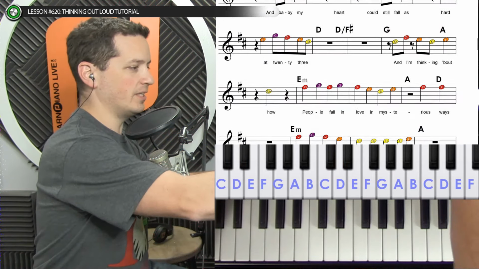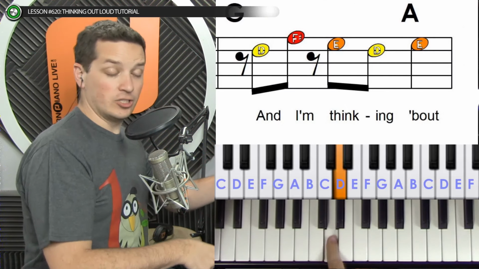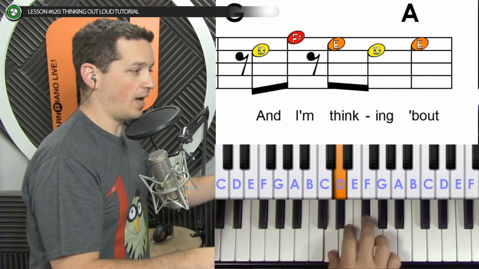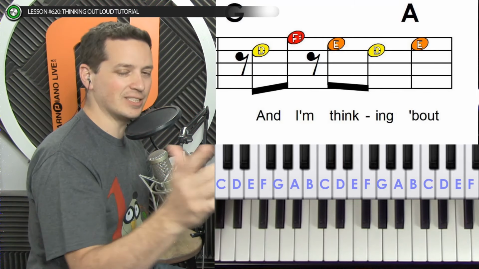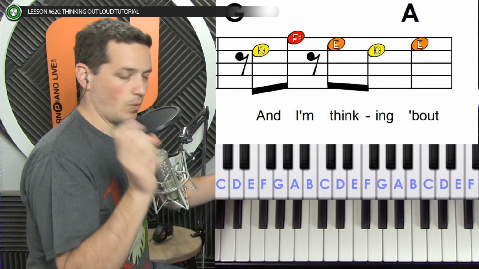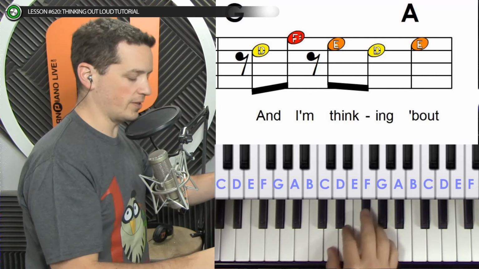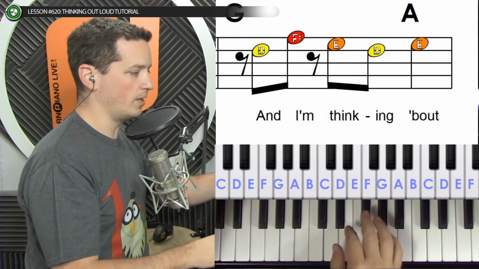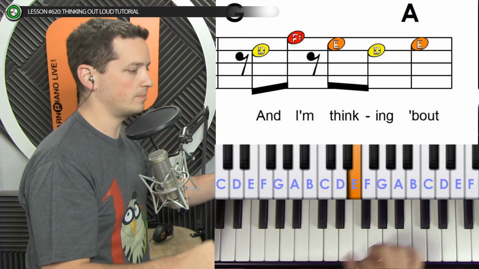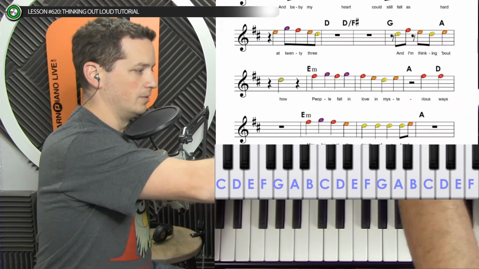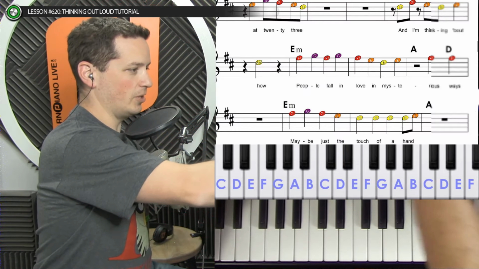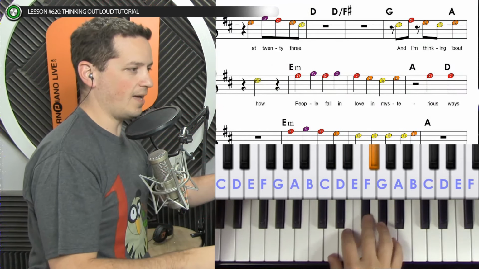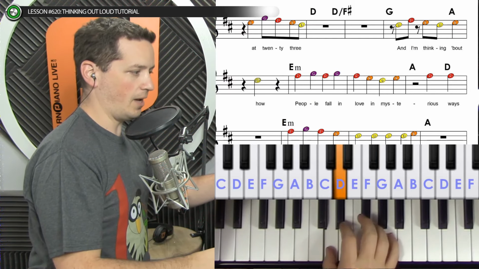And then we would go into this thing right here, which is starting on that same D. That one really isn't going to show up a whole lot more times. It's just that one little intermediate phrase right there to connect that part with the next part. How is a D, so that "how" is on that next line down there. So that whole phrase, and I'm thinking about how.